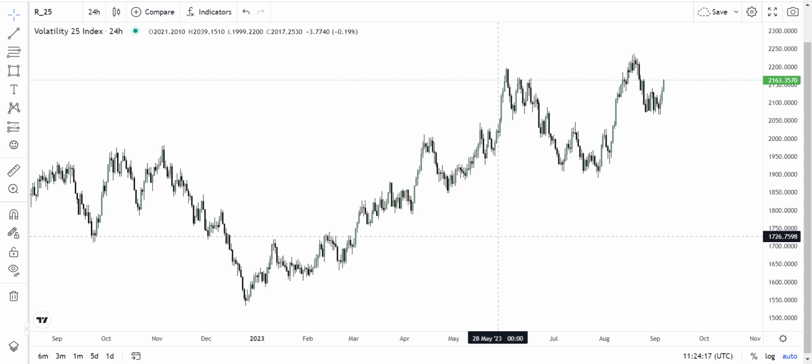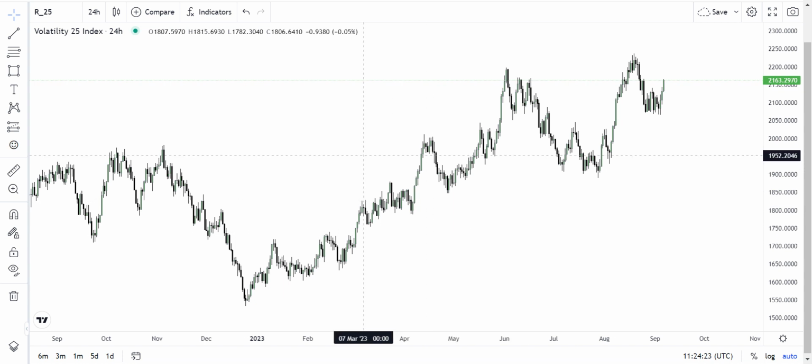Without wasting much time, we're going to be talking about the story of the market. I usually advise traders that whenever you open a chart, try to understand the story that the chart is saying so that it will guide you as to where to enter your trades.